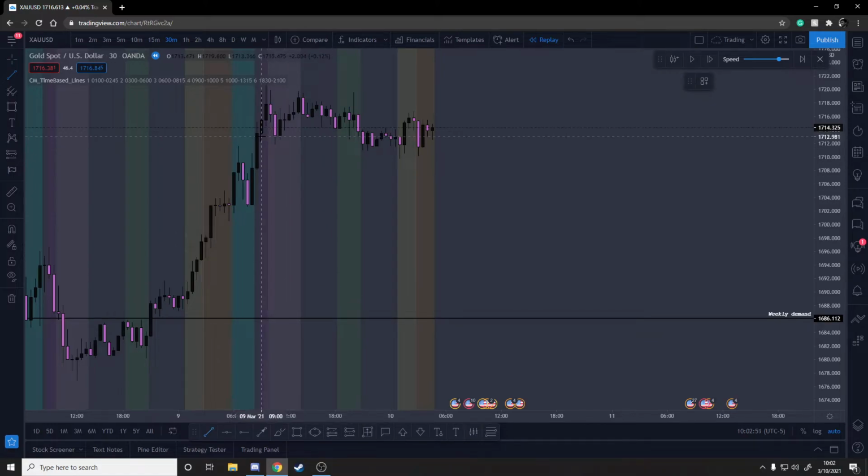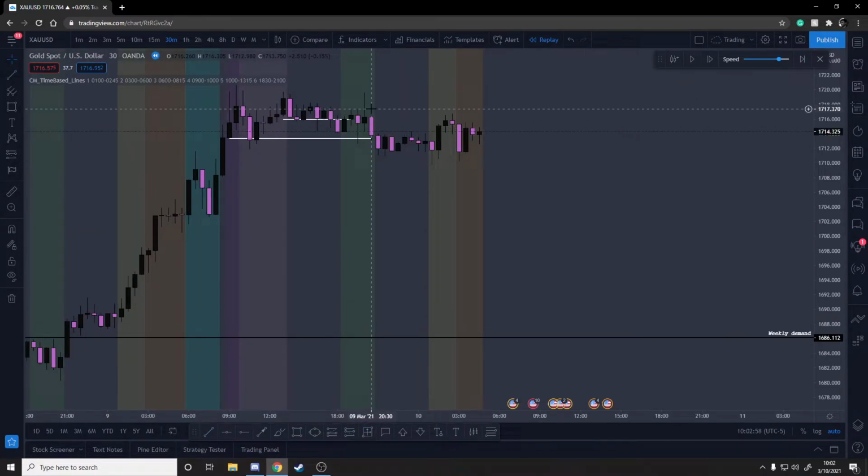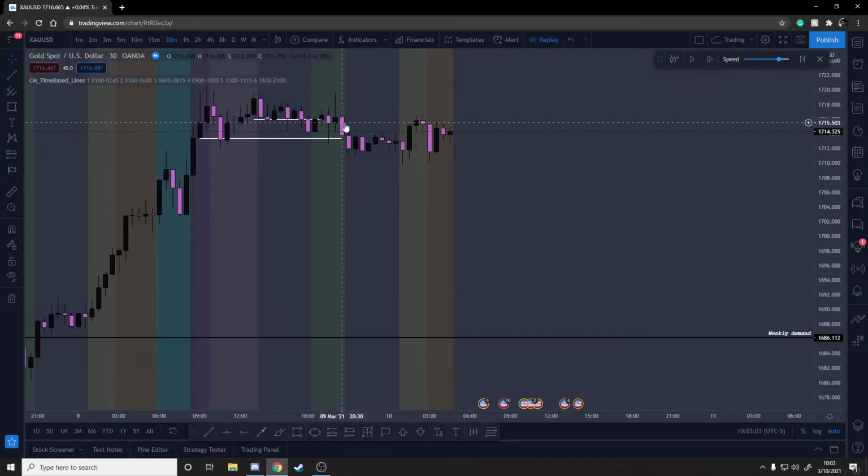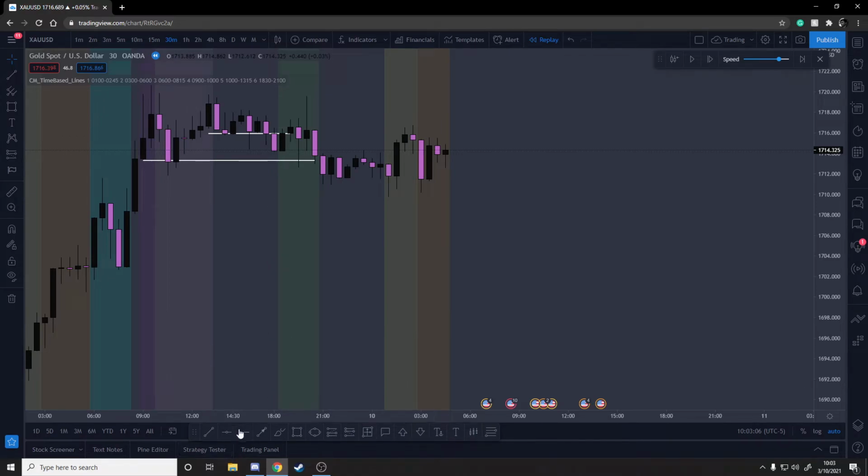I know I have some support here. We have some support here that was broken, retested, and we followed through to indicate that we're going to start a bearish momentum. I can even see that, let me delete this, that we even broke this support right here. We broke, retested, tried to follow through, retested again, tried to follow through again. We actually broke above. So this tells me right here